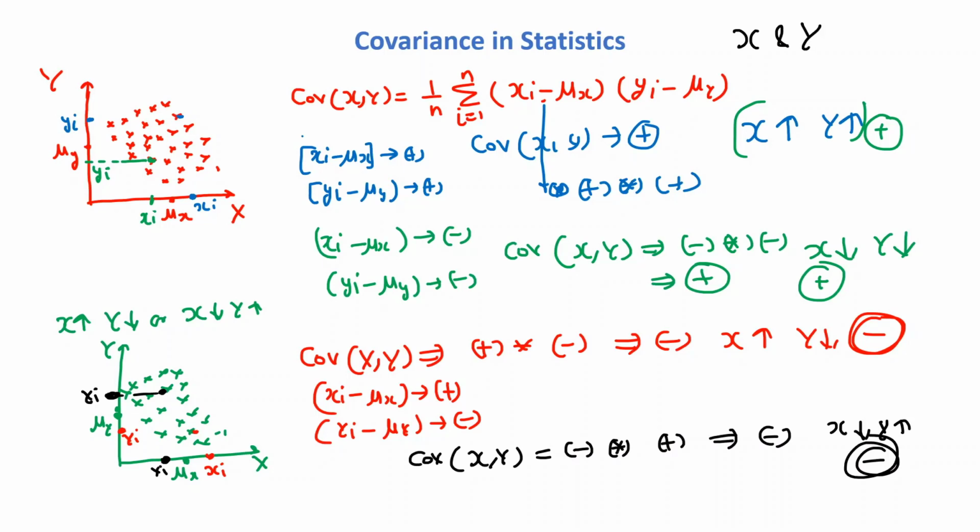So we can see what type of relationship these two random variables have, whether positive or negative. But by using covariance we are not able to get how much they are positively or negatively correlated, or the magnitude of correlation. We are not able to get that magnitude with covariance. So we will learn correlation, Pearson correlation, in our next video to understand the magnitude of correlation between these two random variables.